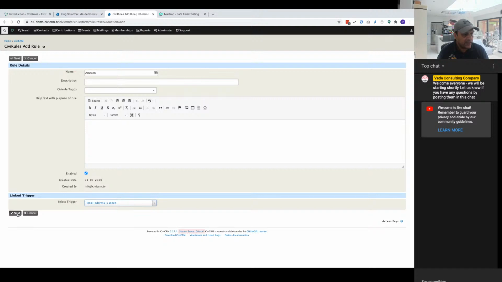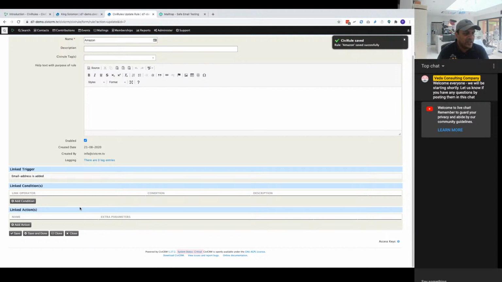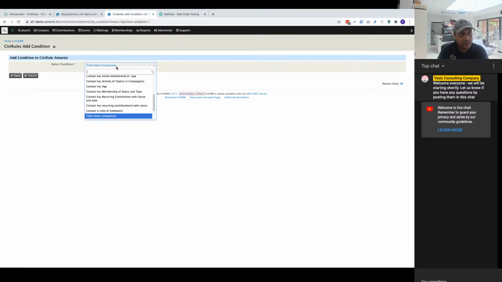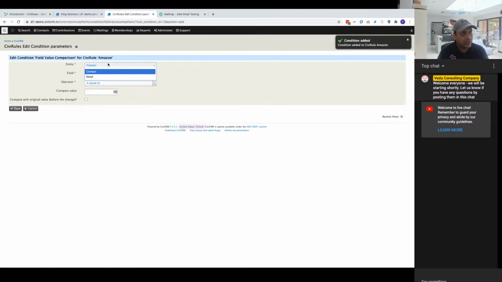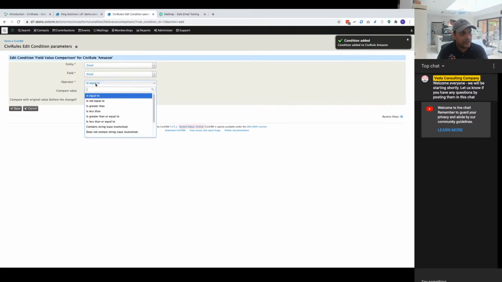Okay, so email address is added. And actually that makes more sense anyway, because I might have an existing contact who adds an email address. And in the same way I could add another rule for removing the email address. Condition. Field value comparison. Let's see if that does it. So the email, not the location type, the email contains